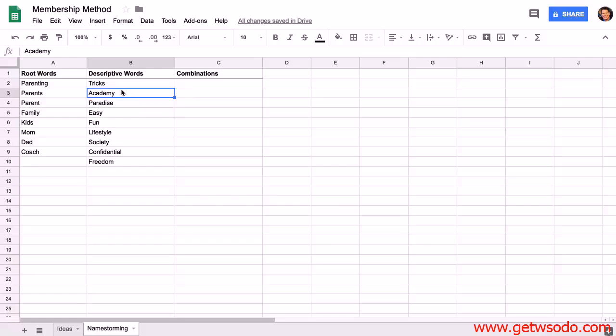So once you have the descriptive words in there and you have some root words in there, now you want to look at both of these lists and write down as many combinations as you can. For instance, I'm just going to write some by looking at these. I'll just pair up the first one, parenting, with all of these. And you don't want to put a space. You'll see why in a minute. So we'll do Parenting Tricks, Parenting Academy,